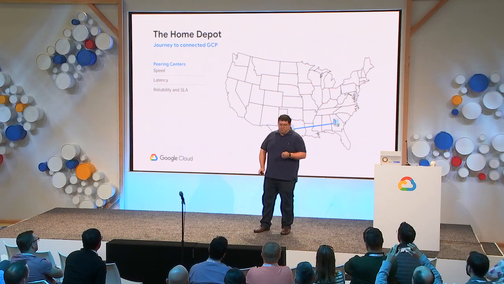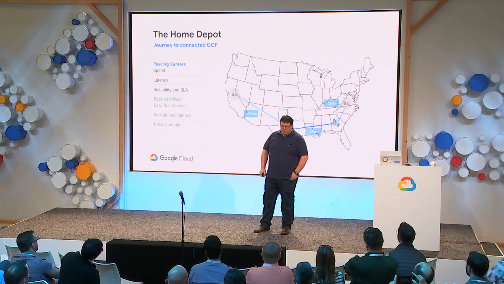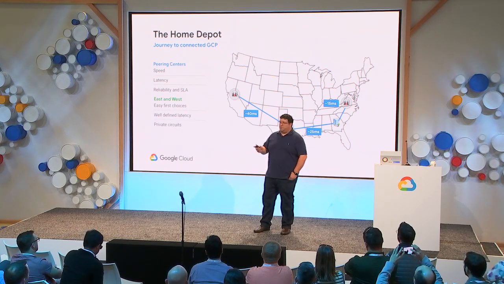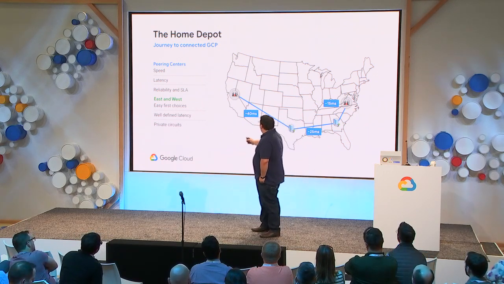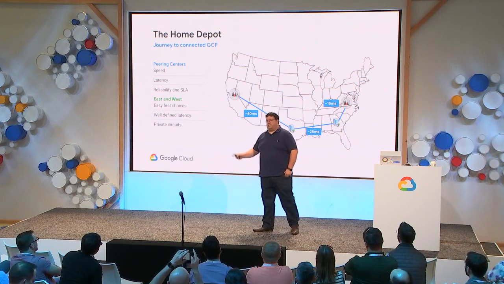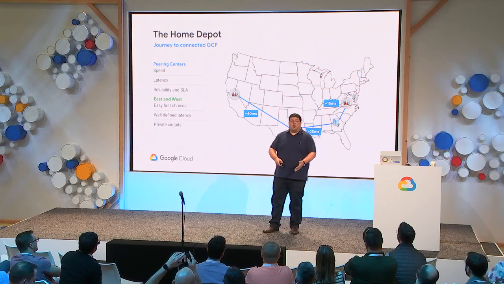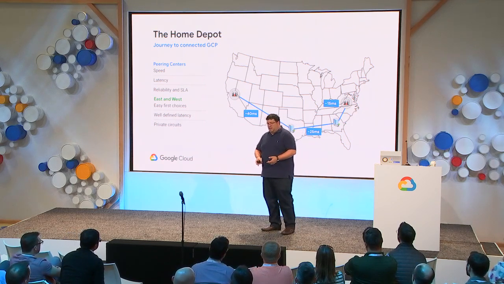And so we came up with peering centers on the east and on the west coast. Those were the first good choices because a lot of the infrastructure for things that we're using are there. And we have well-defined latencies now. So instead of using the internet, we own these private circuits between some of our data centers directly to these peering centers. So I can tell my application developers and all my teams, I know what you're going to get from a latency perspective. I know this is 15, I know this is 40,